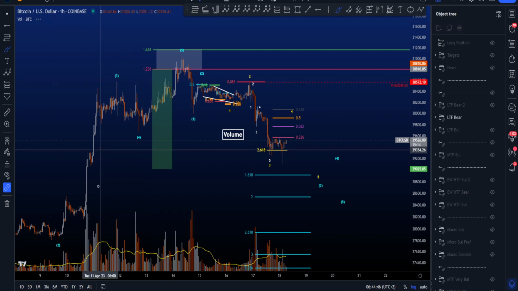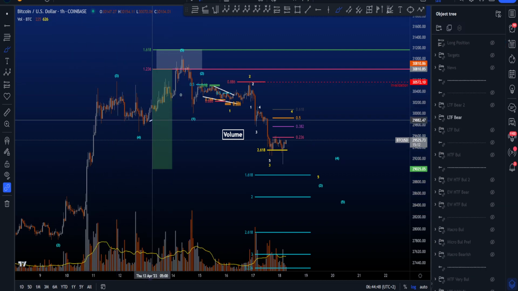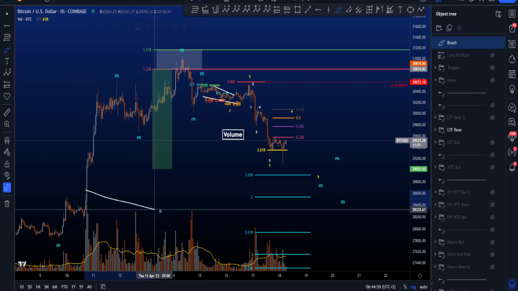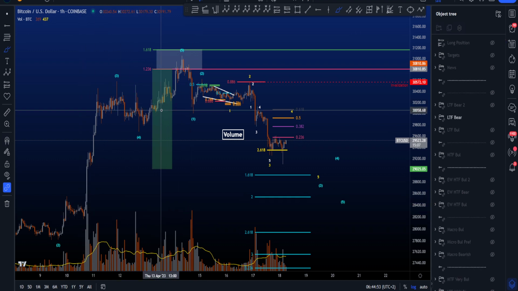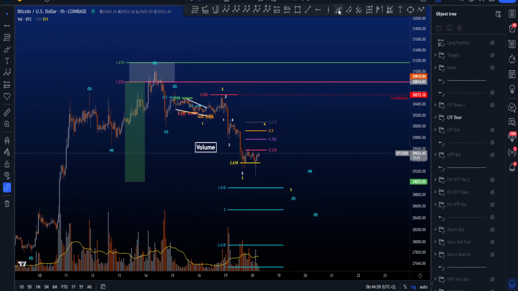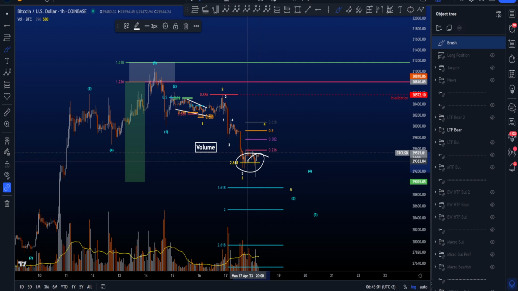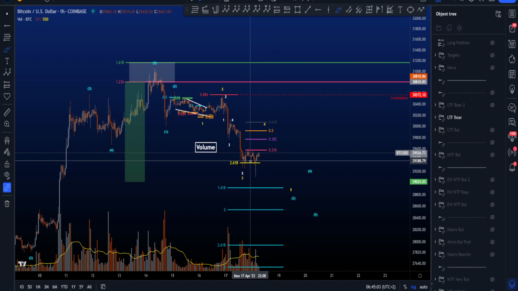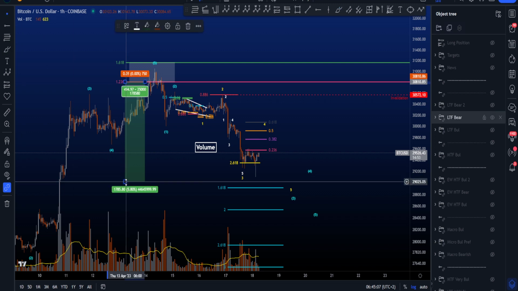Volume at this moment in time between this wave 3 and this wave 5 was slowing down as well. We saw lower volume coming in, and that also gave the potential short scenario the moment price started to break down a little bit. So that is fine, of course, as we are at important support for the potentially bullish scenario. At least a take profit, if not a closure of the trade, is recommended if you are a trader.